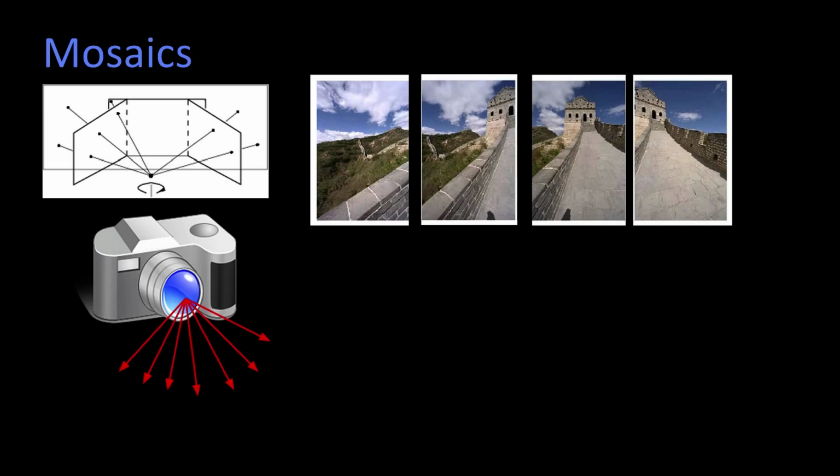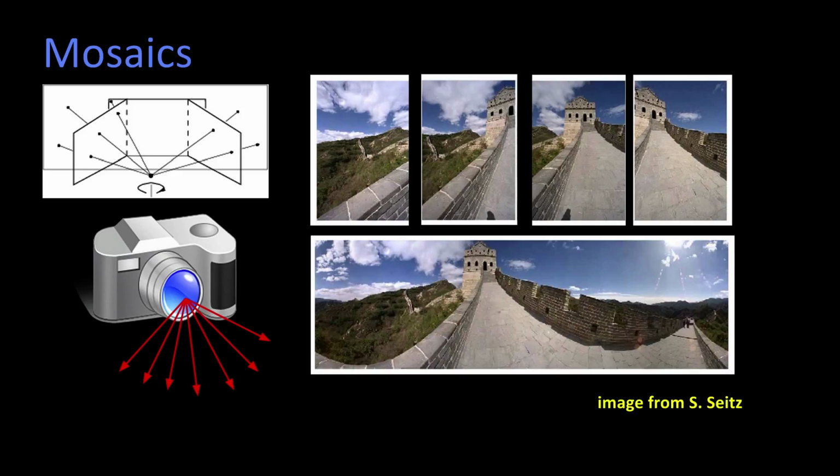All right. So once you do that, you can take, for example, these 4 pictures of the Great Wall of China, and you can wave your magic computer vision wand, and voila, out comes what looks like a spectacular wide-angle view of the Great Wall of China. Thank you, Steve Seitz. Now you'll notice that there are some distortions here, and one of the things I want to point out to you is that there were some distortions in the original image.